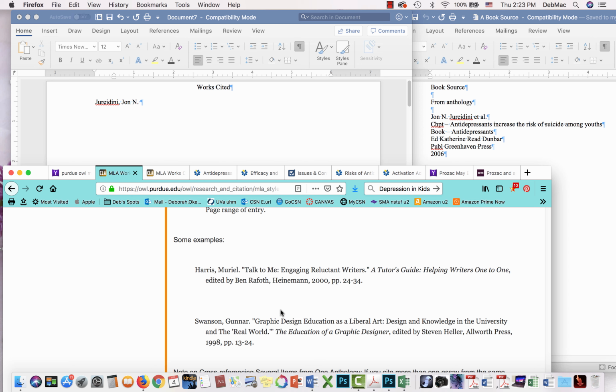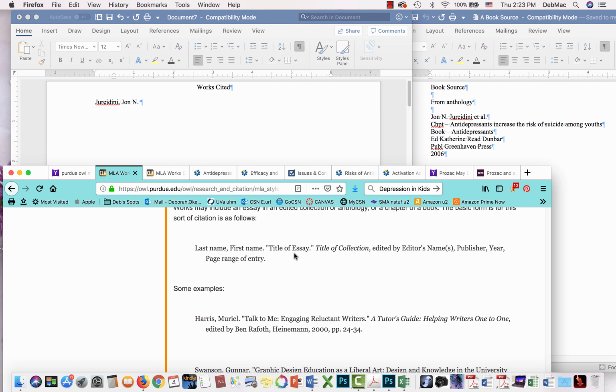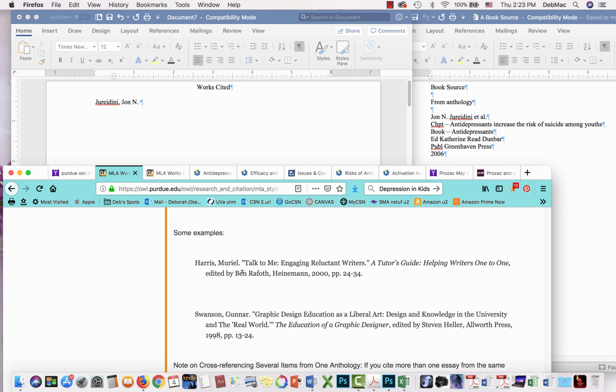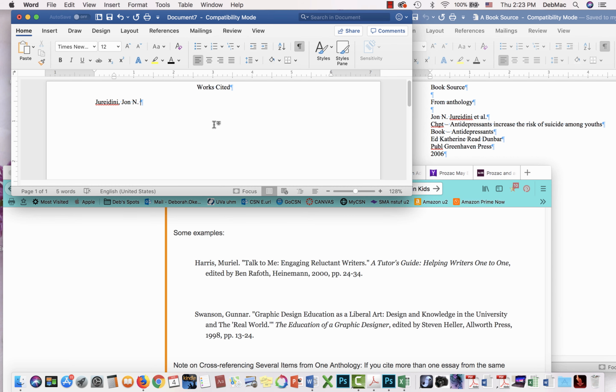Okay, and then we go and we see what comes next. And what comes next is the title of the specific work that we used in the anthology, or title of essay, as the Purdue Owl calls it. And we see, first of all, we notice that there's a period at the end of the author's name. It's important to include that. And then we see that the title of the essay or article from the anthology is enclosed in quotation marks, and that there is a period inside the closed quotation marks. So now we know how to format it. So we can have open quotation marks,